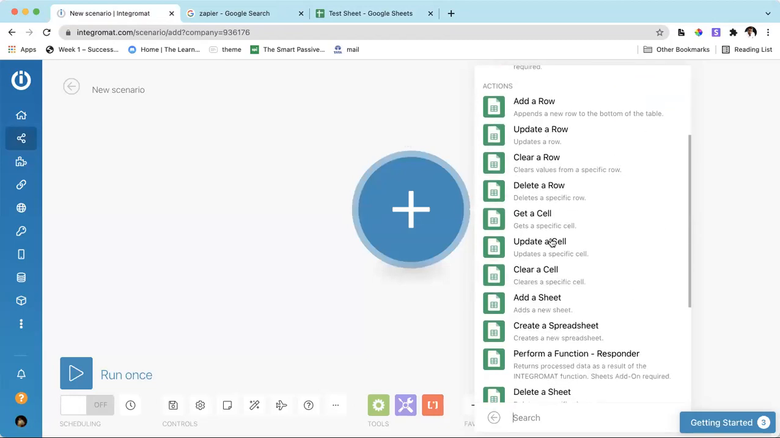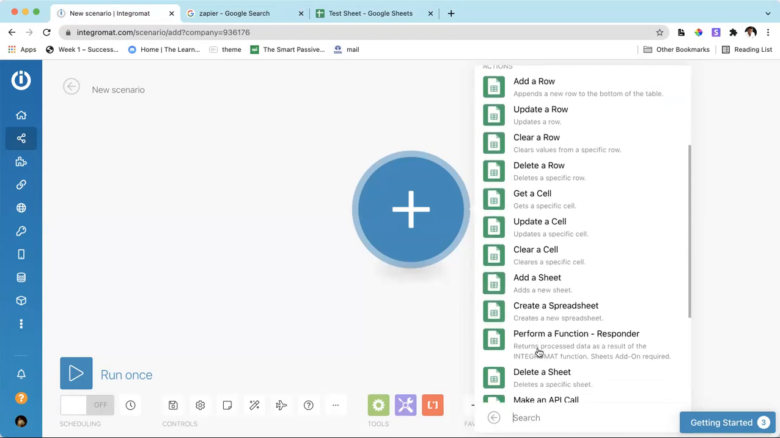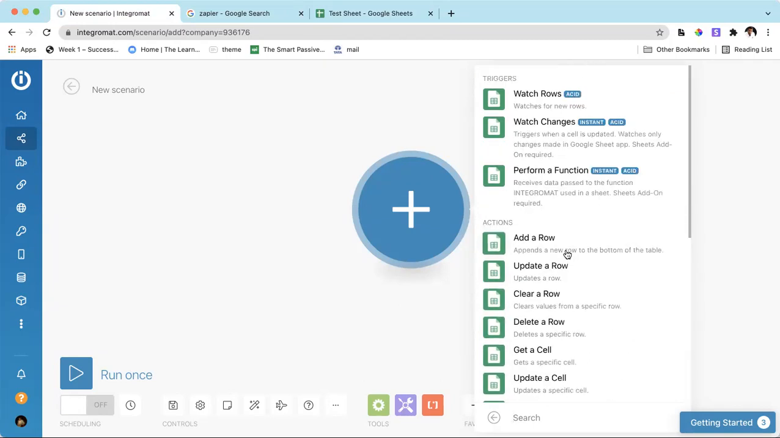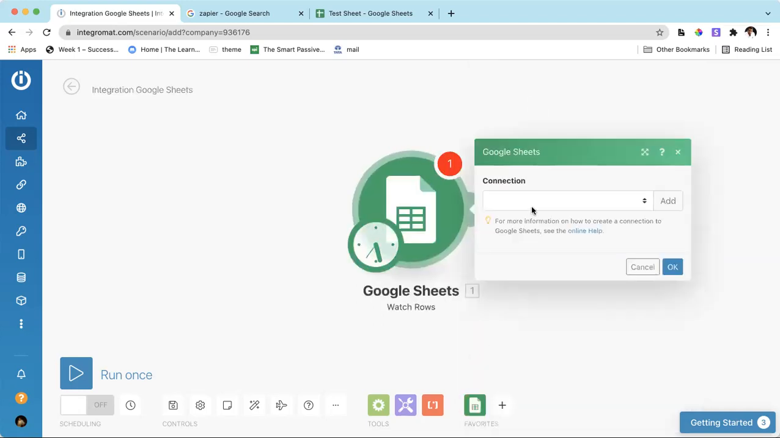You can add a row, update a row, delete, add a cell, update a cell. You can make an API call, you can search for rows, and there are plenty of operations that you can perform using this tool. First, let's take a simple operation called watch rows, where it will watch for new rows. To do that, we need to first create